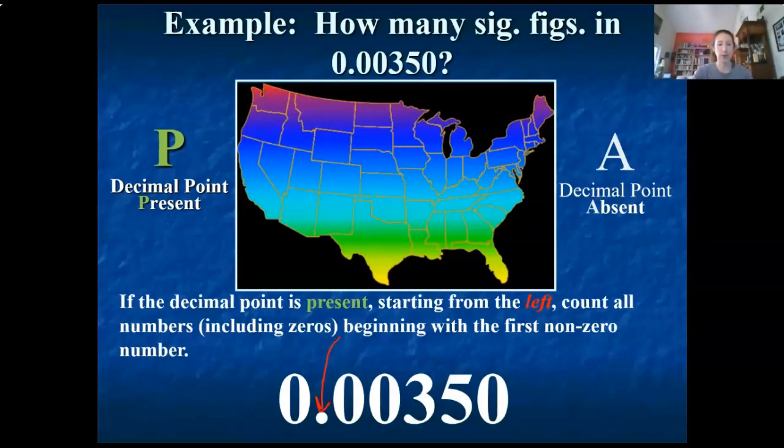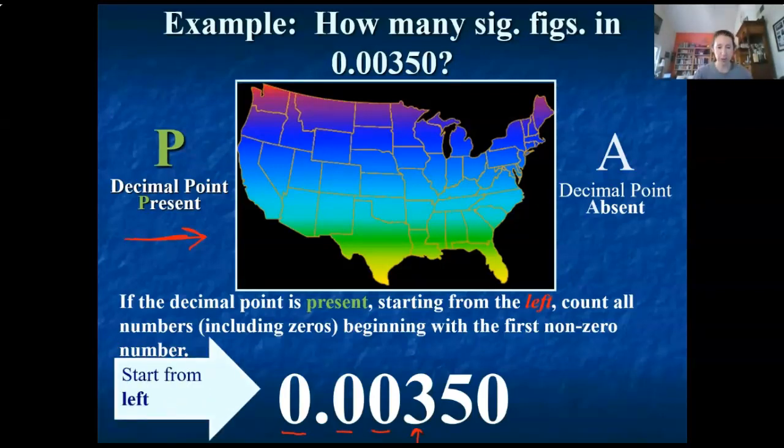Yes, there is a decimal place. So if the decimal place is present, we start from the Pacific Ocean side and we count every number, but we start with the first non-zero number. This is a 0, this is a 0, this is a 0. That is not a 0. So we start from the Pacific Ocean side with the first non-zero number. We don't count 0, don't count 0, but now we start counting. Once we start counting, we don't stop, meaning we have 1, 2, 3